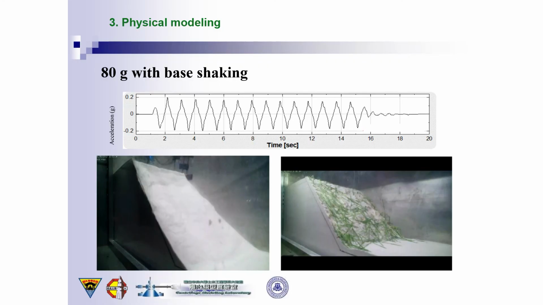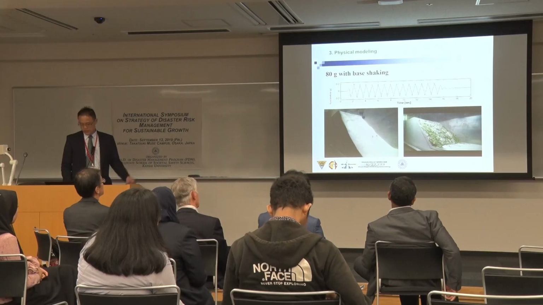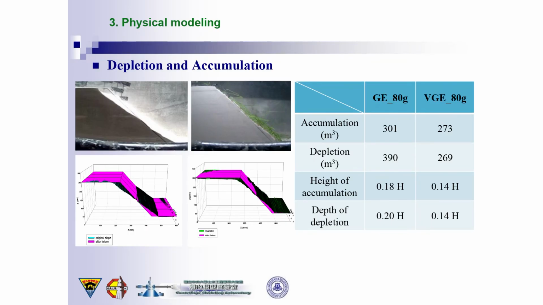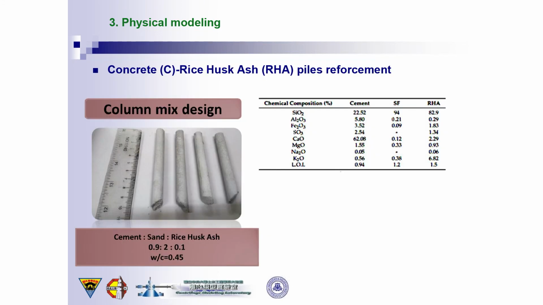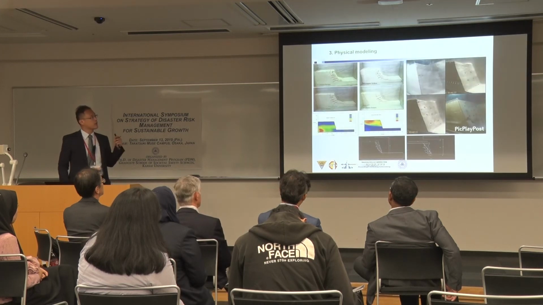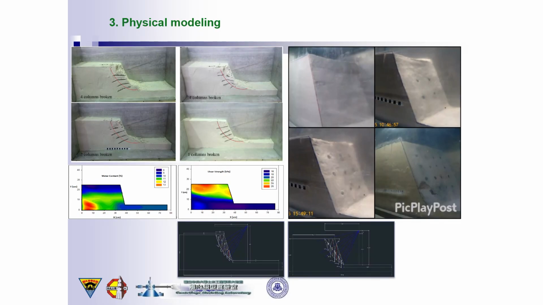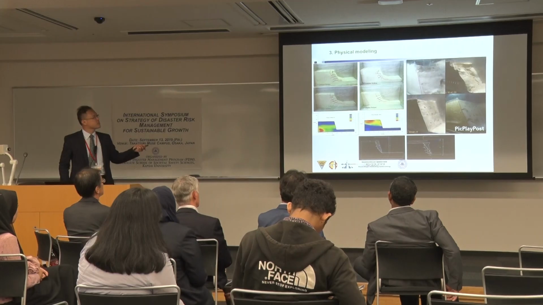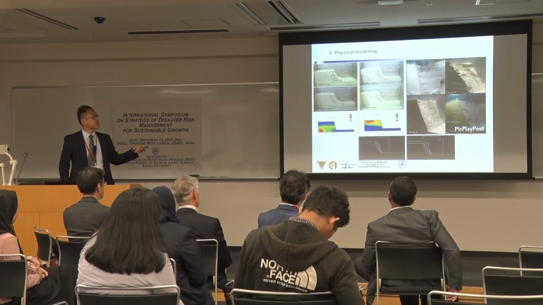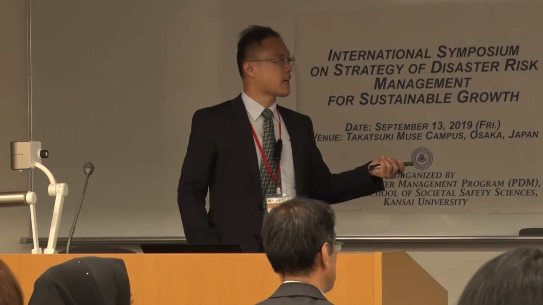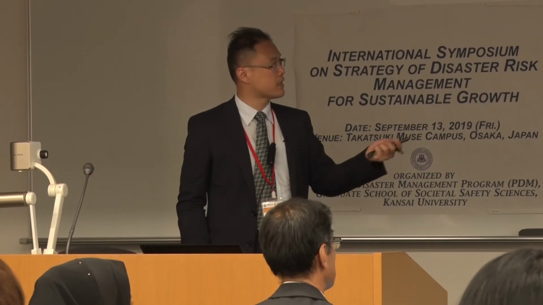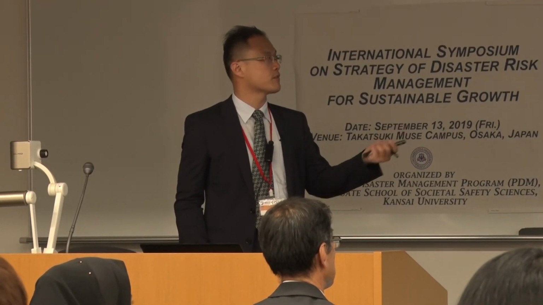And then this is base shaking. We input the base shaking, and with grass and without grass, of course, we can get different results, and see the efficiency of the vegetation. And then, of course, we can put some small concrete piles into the slope, and that will lead to different failure behavior. For example, this is no pile. This is 2 by 2, 3 by 3, and this is 4 by 4. So here we can see a kind of brittle behavior,